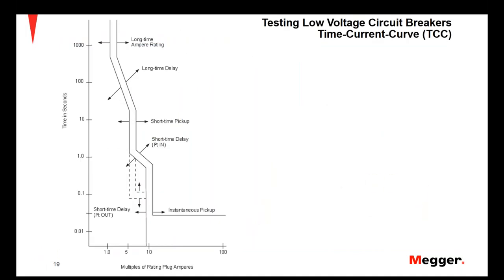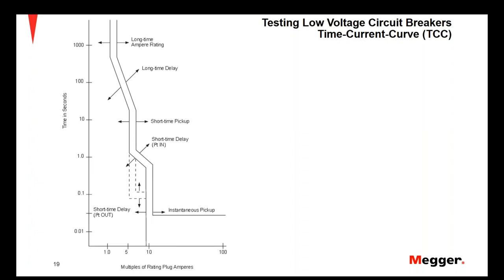So whenever we talk about primary injection testing, it's very important that we understand how the time current curves apply to both pickup and the time delay values whenever we're doing this type of testing. Low voltage circuit breakers have different trip functions that provide different protective elements based on the current level and the operating parameters of the system. Now, these functions are typically found as long time, short time, instantaneous, and ground faults. And we're going to dive a little bit more into what we're talking about whenever we refer to those functions. But first, let's talk about